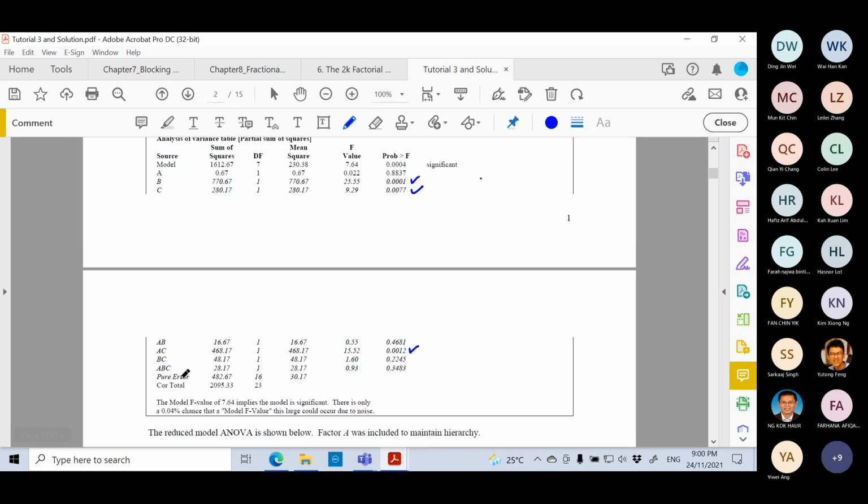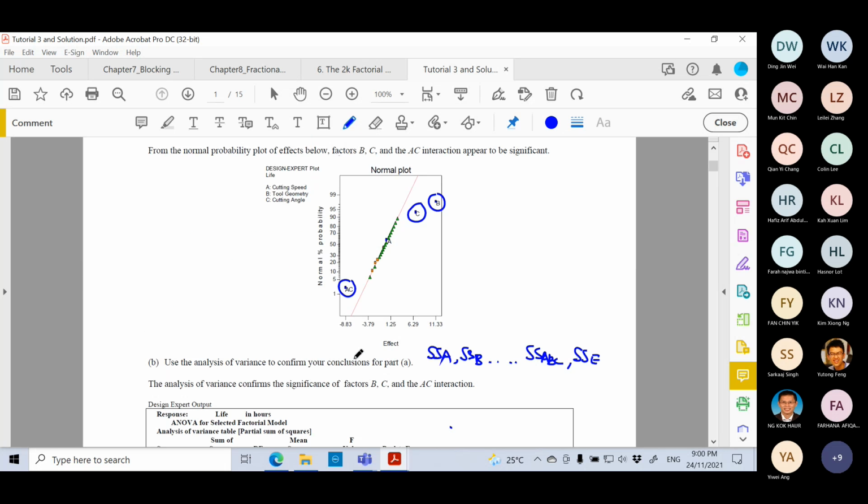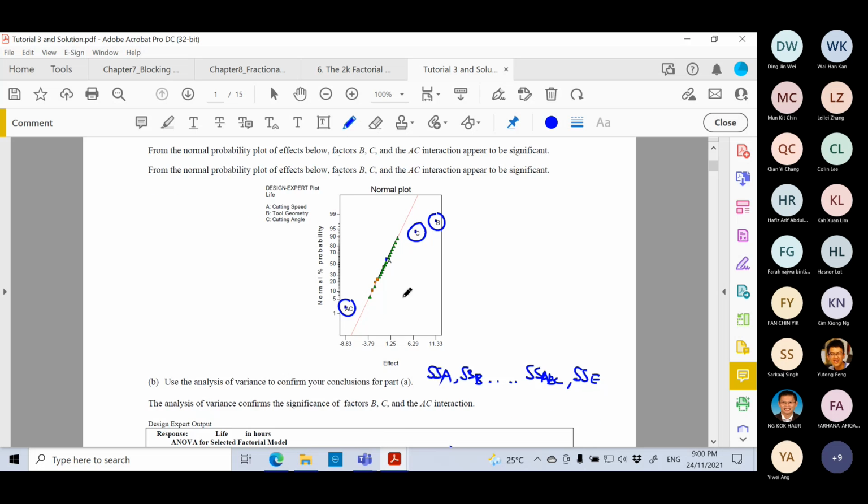If you do not find the error, you cannot find the error. The sum of squares for error, otherwise you cannot form the ANOVA table. So it means that you depend on this here. But in this example,